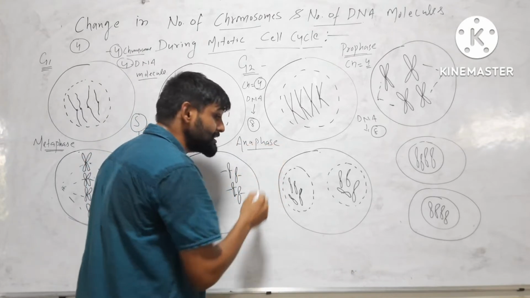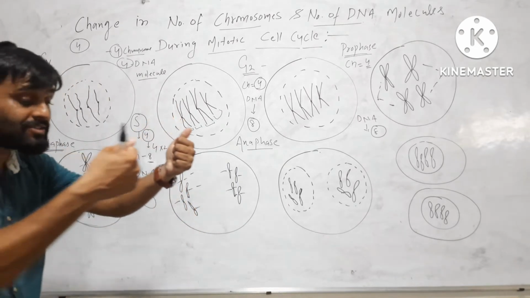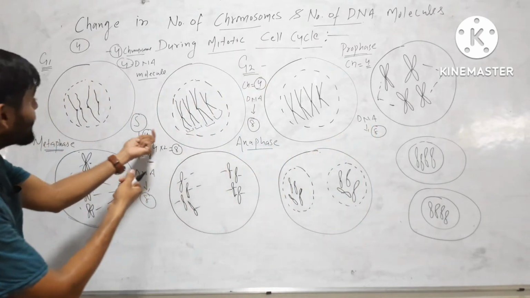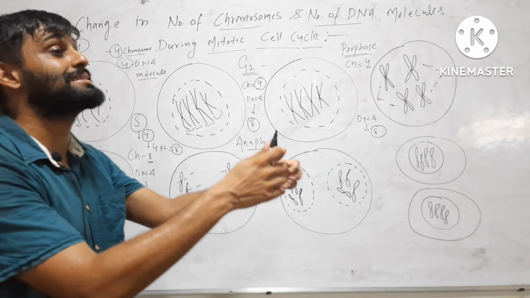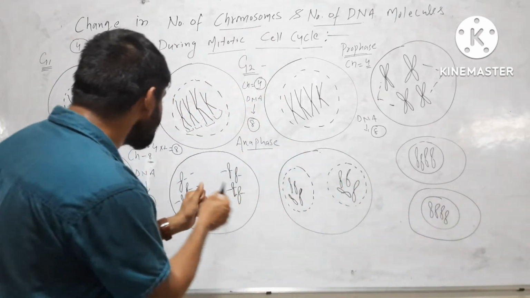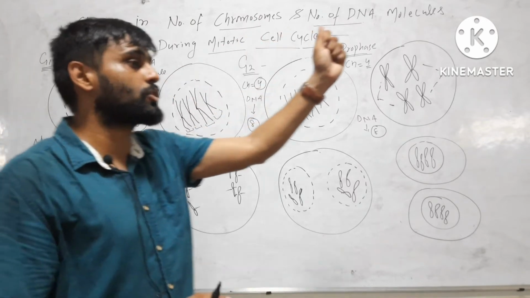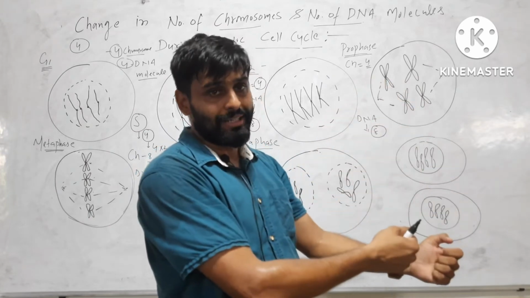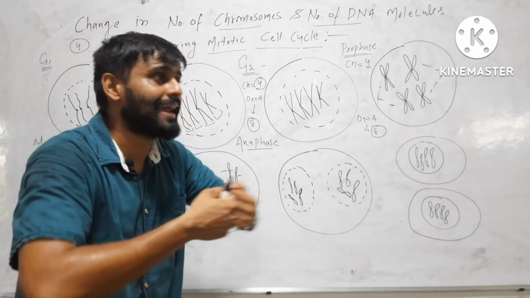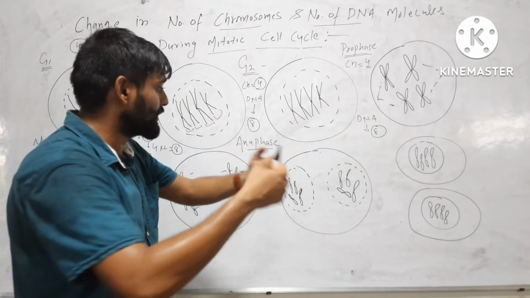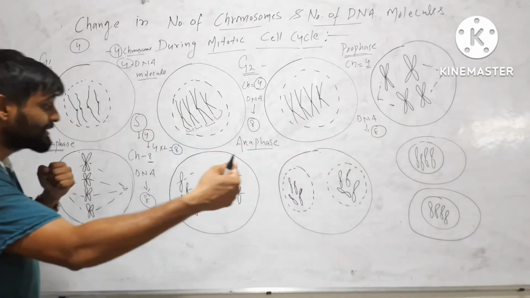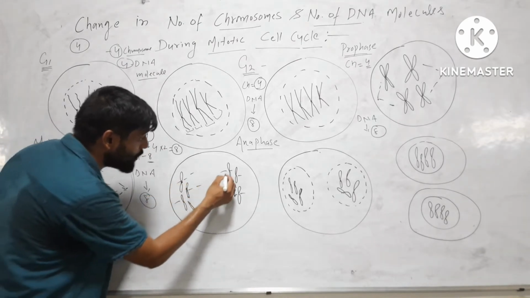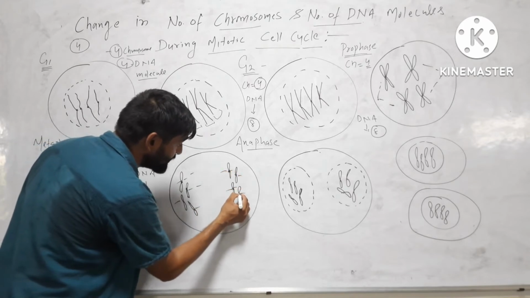Now coming to the next phase, that is called anaphase. In this phase, these attached DNA molecules that remained attached during S phase will separate, or you can say sister chromatids will separate. If sister chromatids separate, then each sister chromatid will become an independent chromosome. If it is attached, then it is a sister chromatid. It is not a chromosome. But when it detaches from the sister chromatid that it was attached to, then it becomes an independent chromosome. Why? Because now it has its own centromere.